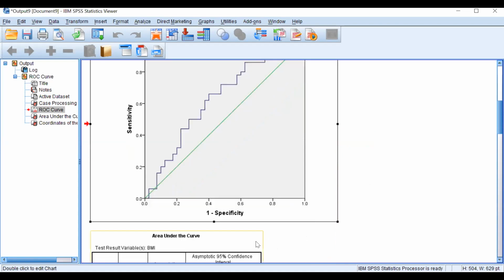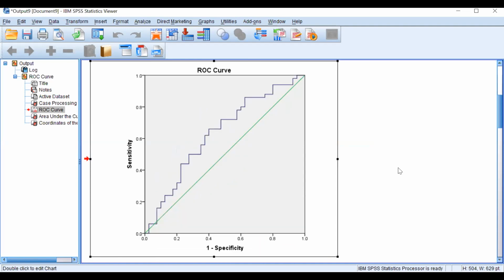For example, I have used BMI here, because I want to see what cutoff of BMI can be adopted to predict whether a person may get PCOS or not. After plotting the graph, we can see that it is almost covering 60.